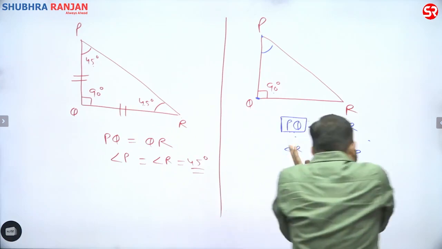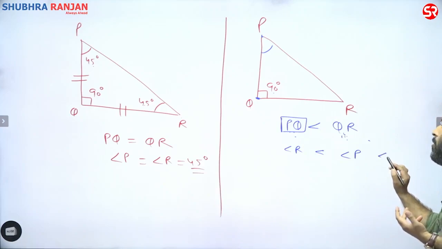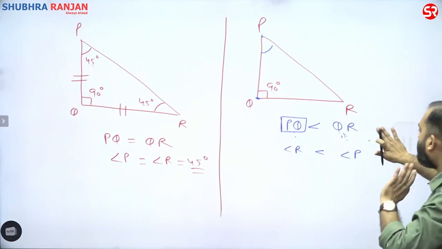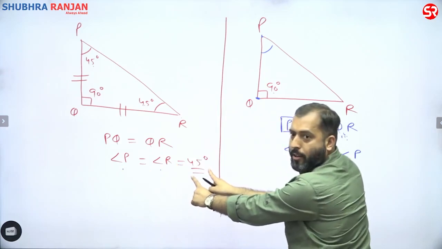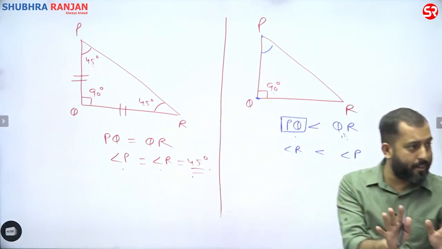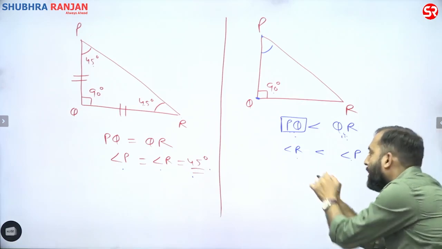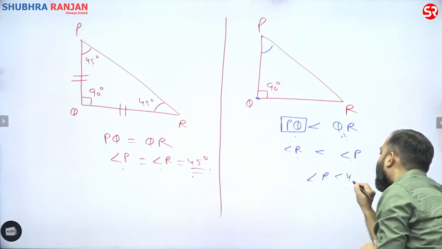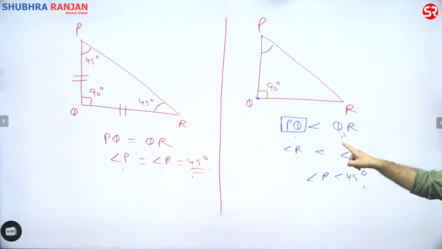Not both of these, one of them. Now, see, if both were equal, then the angle has to be 45 degrees. If both were equal, then the angle has to be 45 degrees. I hope this is clear. Now, out of angle R and angle P, angle R is less, so definitely angle R is going to be less than 45 degrees also. Is this clear, guys? Any doubt here? No? I hope this is clear. Can I erase this?